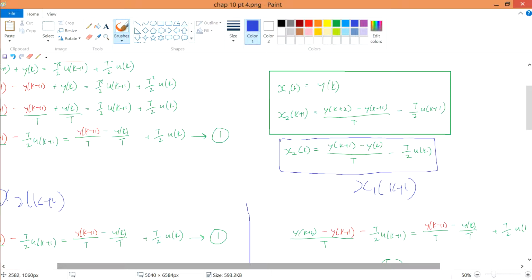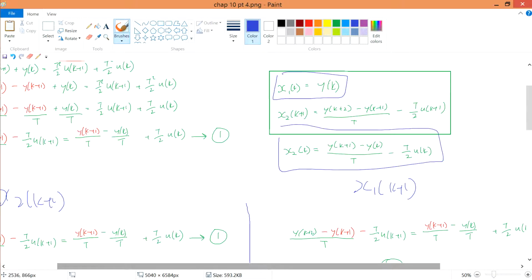And so if you have a time shift of plus 1 in x2(k+1) over here, you can shift everything. So k+1 over here, you shift plus 1, you have k+2. y(k) you shift to y(k+1). u(k) you shift to u(k+1), as you can see. We use all these definitions that come from nowhere, just accept it. We use these two formulas, and in fact this third one also,